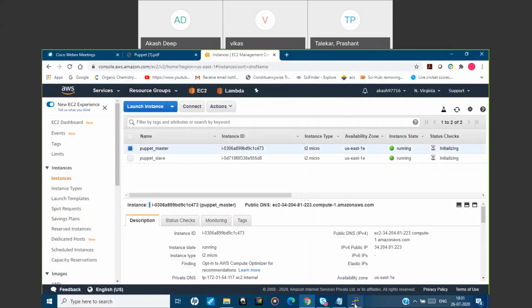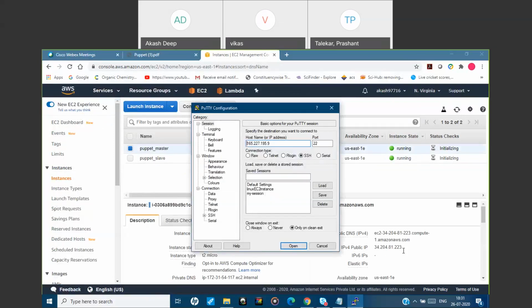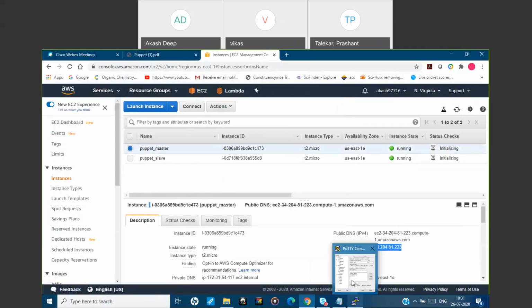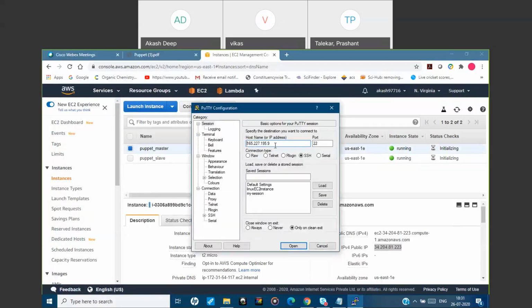So we'll SSH into the master first, and after that we'll SSH into the slave. So first we'll do master configurations, and after that we'll come to the slave.